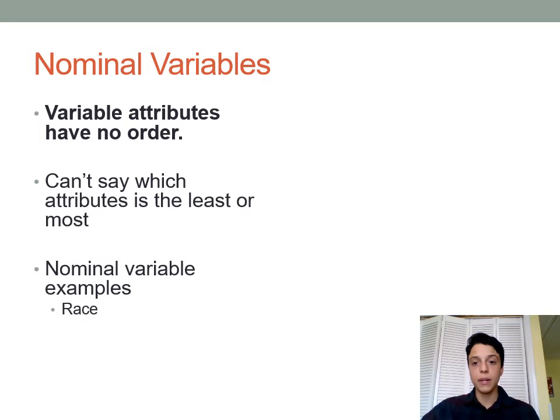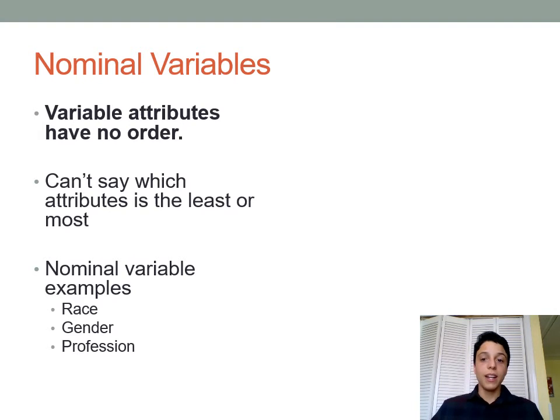You wouldn't say that somebody has more race than anybody else. They're just different categories that people can be in. Same thing with gender. You wouldn't say that somebody who is male has more gender than somebody who's female, or vice versa. They're just different categories that people can be in. Profession. You wouldn't say that somebody who is an astronomer has more of a profession than somebody who is a dentist. Instead, they're just different professions that people can have. And then finally, one that I'm going to go through